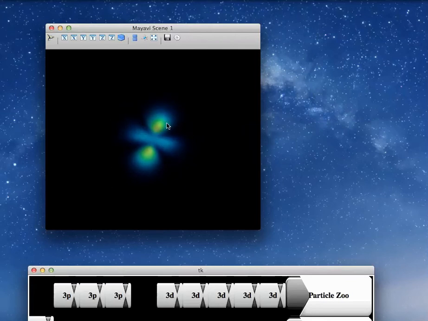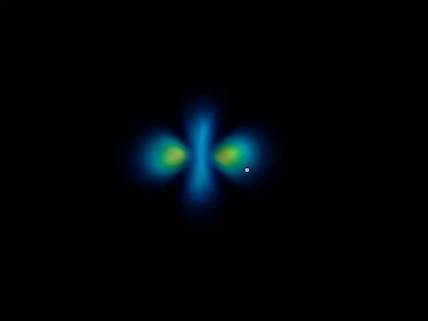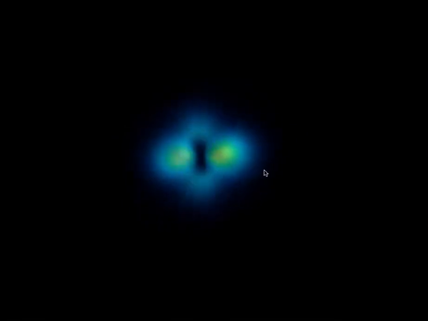You can see it's a three-dimensional object. You can move it around. Like I said, you can pick an axis to orient it around. You can also make it full screen. And now it's full screen. Okay. So you can get